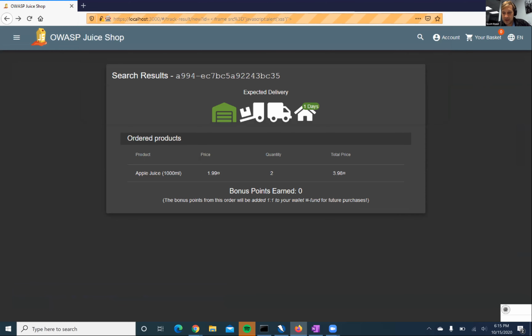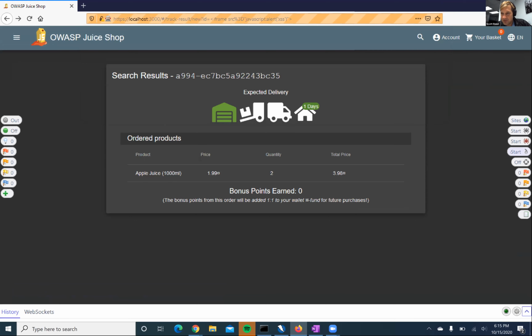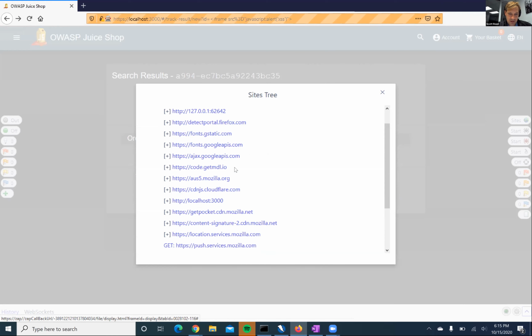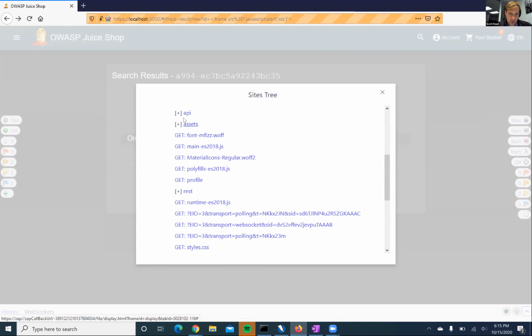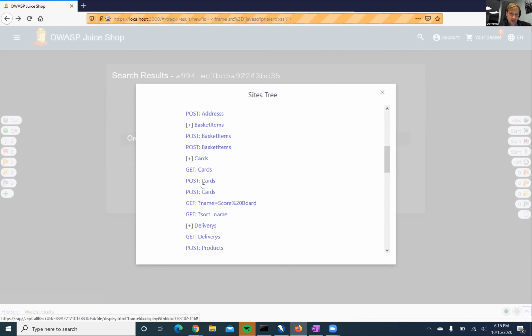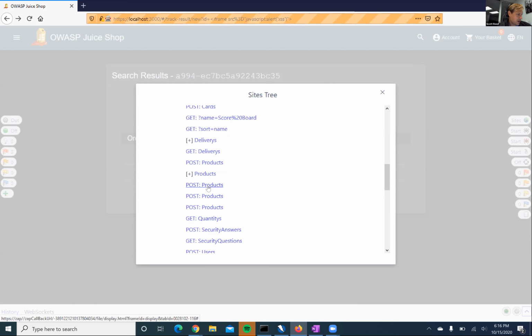Sorry, and then I click, yikes, go away. If I click here, and then I just did like the active scan, and it was finding all of the various API points, and then you can click in the tree here to basically see, okay, well, in the API, there's an address post, and there's a post of products.